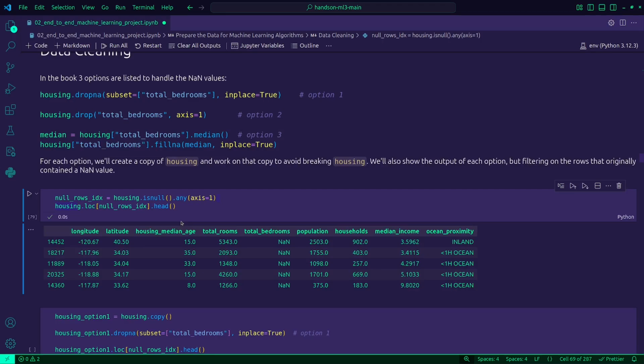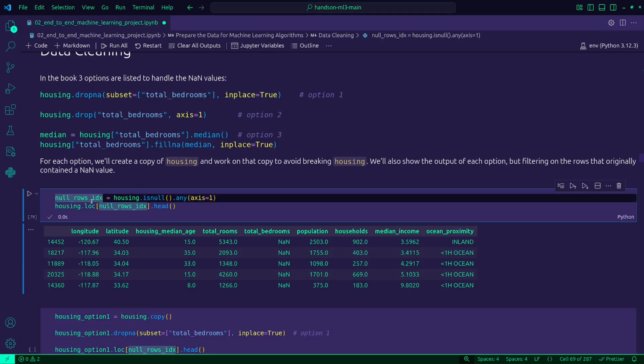Let me check. Right, so this is a data frame of booleans that has the same shape as housing, and it will be true for every cell that contains a missing value, and false otherwise. So it will basically look like this.